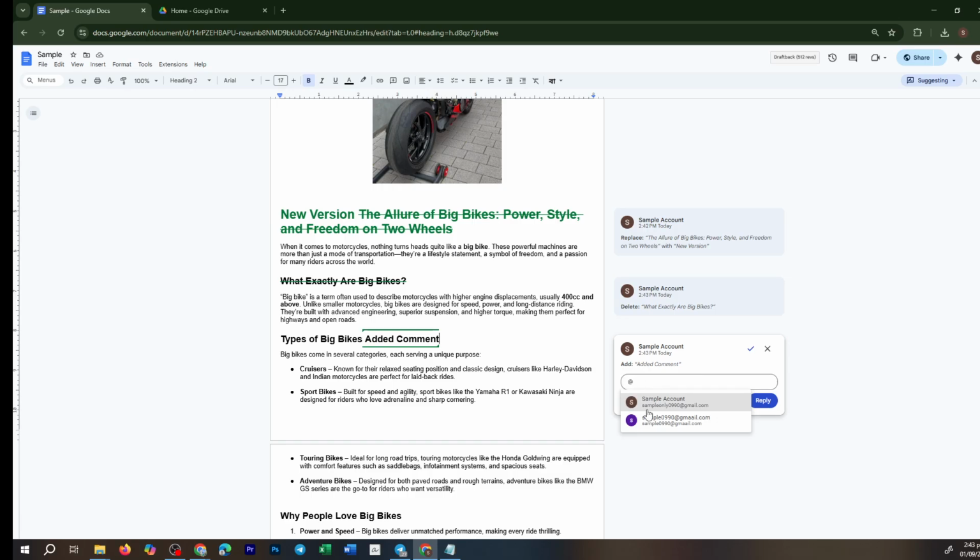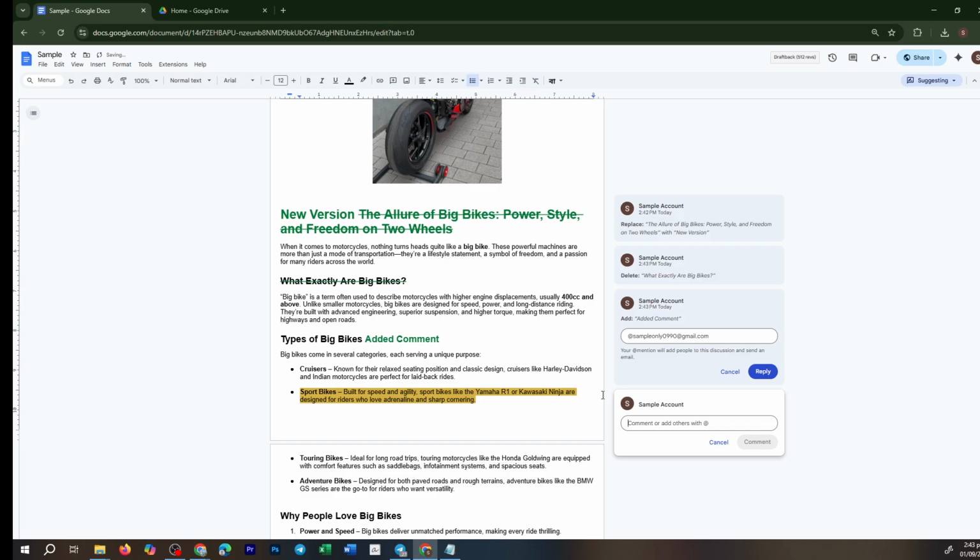Lastly, there's the option to add comments. You can highlight any portion of the text, click the comment icon at the top, and leave your feedback. Remember, comments can be quite flexible. Edit them if you need to make tweaks, delete them when they're no longer relevant, or link directly to them for targeted discussions. When it comes time for your collaborators to review your suggestions, they'll have the option to accept